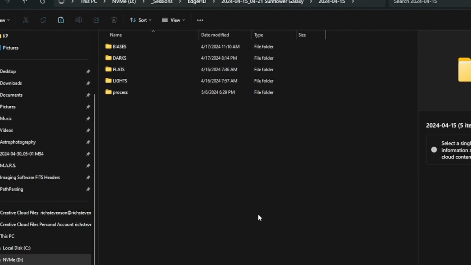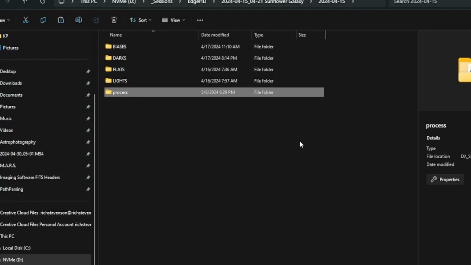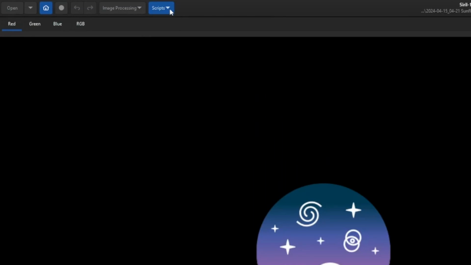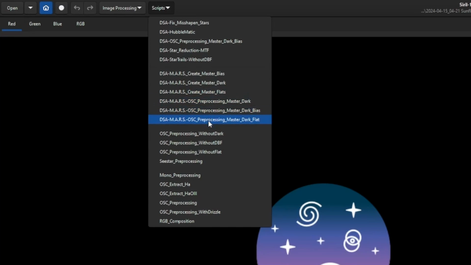One more thing I wanted to mention as well, once you're done creating your master files, just like always with all the scripts, you end up with a process directory. Once you're done creating your masters, you can go ahead and delete that. You don't need it any longer. It's just taking up hard drive space. So now we'll start going through the 3 processing and stacking scripts that we have here